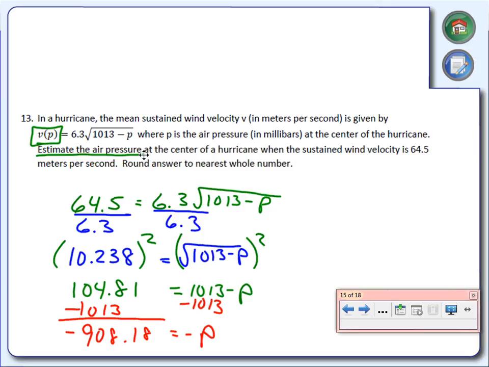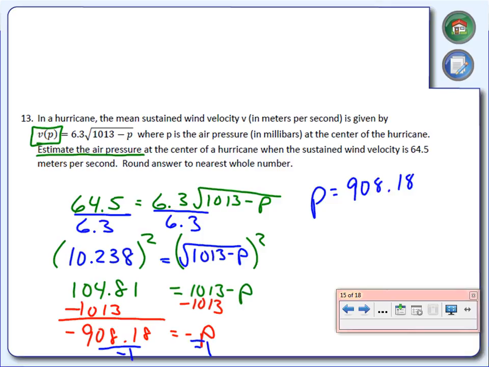At this point, the only problem with what I have here is that we have a negative in front of that p. And to fix that, we're going to divide by a -1. That'll fix the negative sign. And of course, you know when you divide by a negative, all that's going to happen over here is it changes to a positive. So now we got